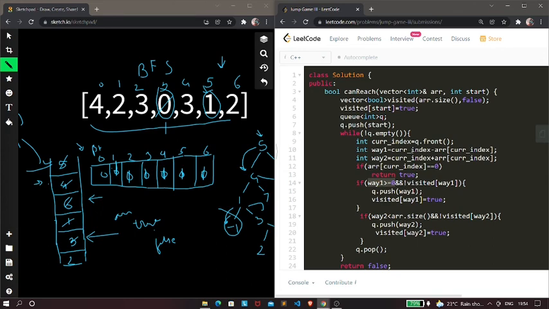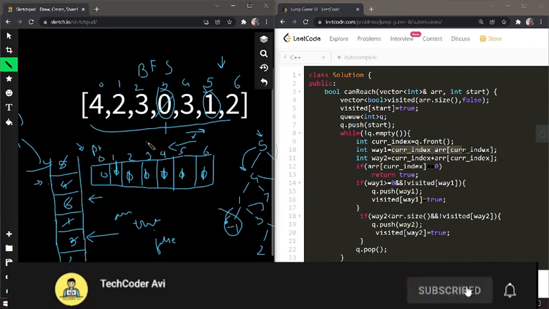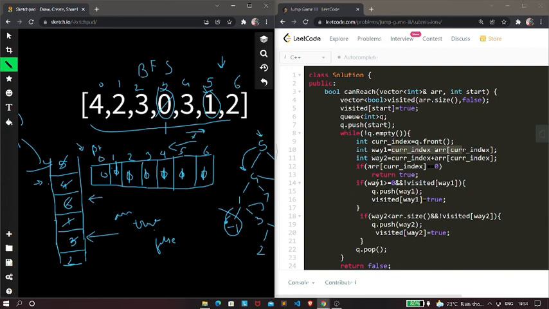The reason being that in way1 we are actually subtracting, right? So let's say that we are over here. If we subtract, then we go in this direction, not in this direction. We can never go in this direction. We will always go in this direction. So there may be a possibility that our way1 is less than 0, it becomes negative. So hence we have checked for that condition only, not the other one, that is way1 less than array size, because it does not make any sense, right?